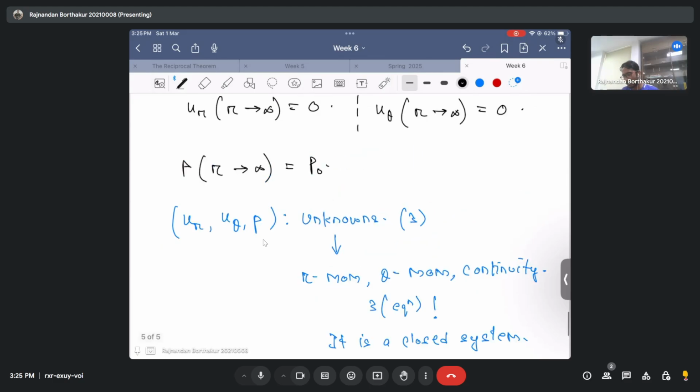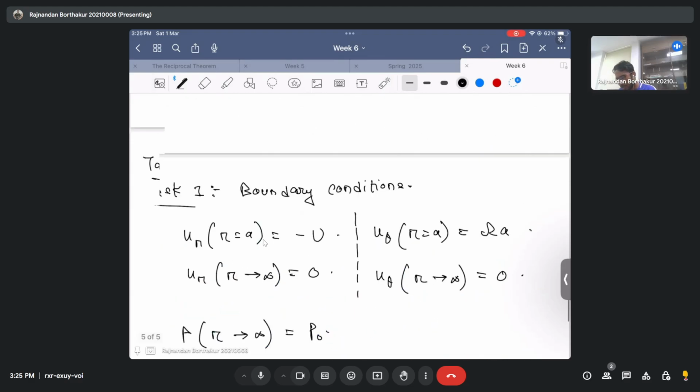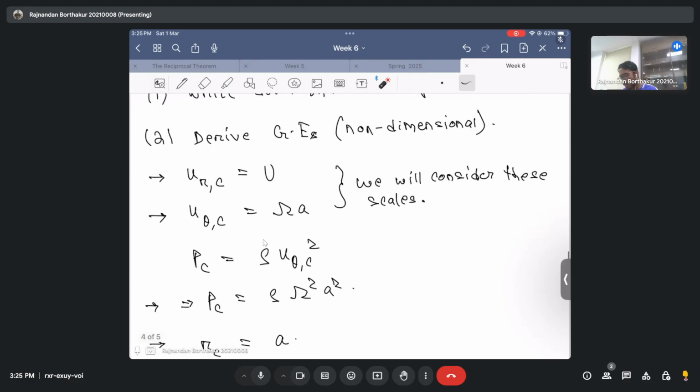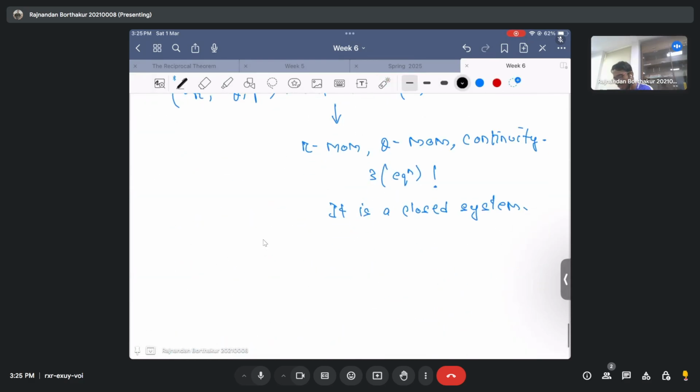That's the first task. So we wrote down the boundary conditions. So what was the next task? The next task is to derive the non-dimensional governing equations. And we know that for deriving non-dimensional governing equations, as we saw in the last class, we need to start off with the characteristic variables. And luckily, the characteristic variables have already been provided in this problem. So we'll start off by defining the non-dimensional variables, just how we did it in the last class. So task 2 is to evaluate